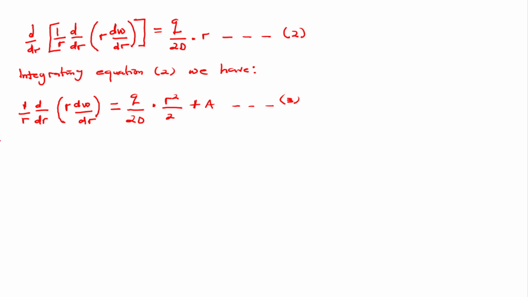So multiplying equation 3 by r, so that we can take out this 1 over r to make our integration easier, we say multiplying equation 3 by r and then integrating,